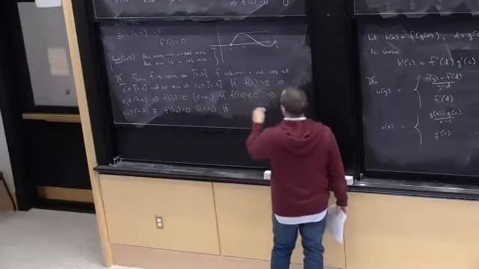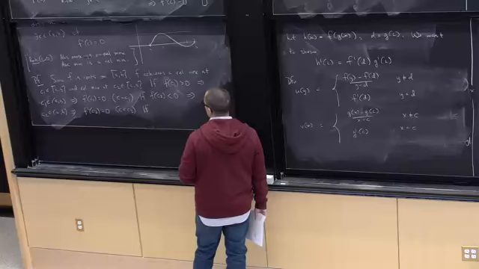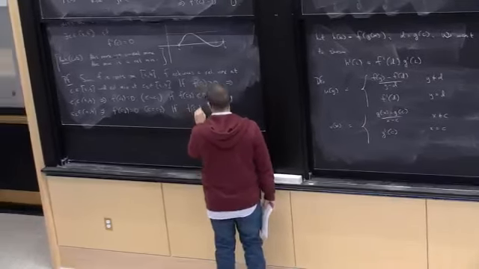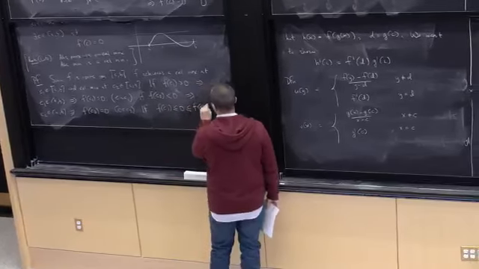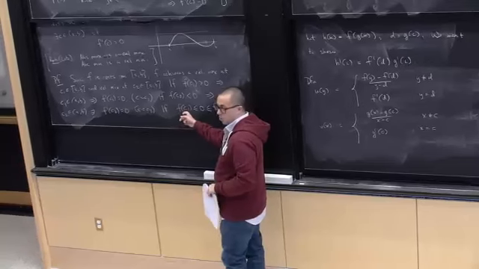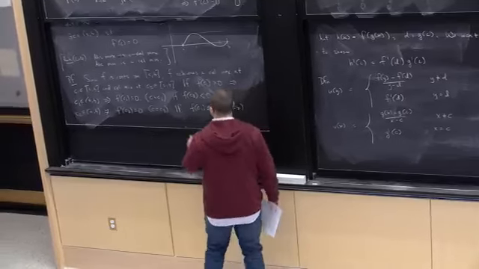Now this is two cases: either f of c1 is positive or f of c2 is less than 0, then we have the result. If f of c1 is less than or equal to 0, is less than or equal to f of c2. Now remember, f achieves a max at c1, f achieves a min at c2, and therefore this should always be less than or equal to this.